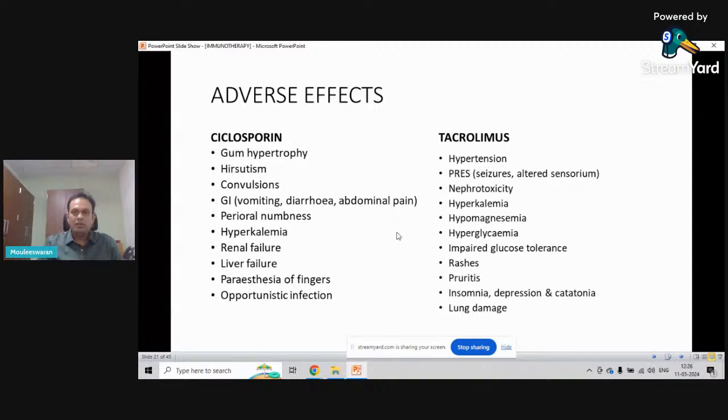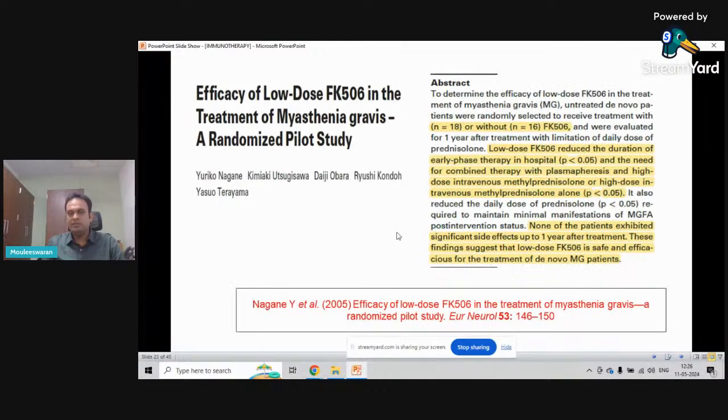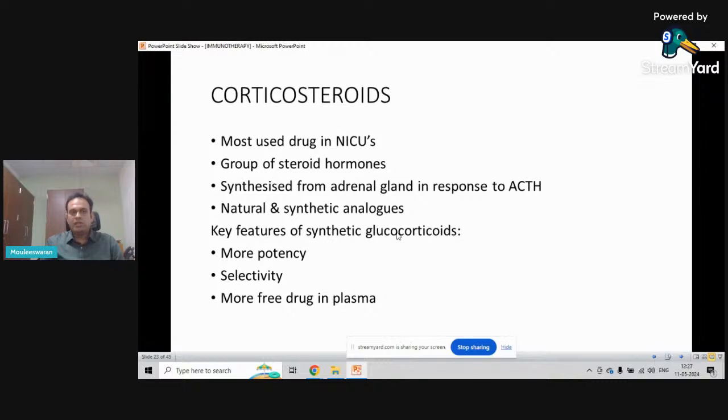So this was a study where myasthenia gravis patients were treated with standard therapy, and they were randomly allocated into two groups. One group received the standard therapy along with tacrolimus. In the other group, they didn't receive tacrolimus, and they found that the need for plasmapheresis and high-dose intravenous methylprednisolone was significantly low in patients who have received tacrolimus compared to those patients who have not received it. And none of these patients exhibited any significant side effects to tacrolimus up to 1 year after the treatment. So coming to corticosteroids,